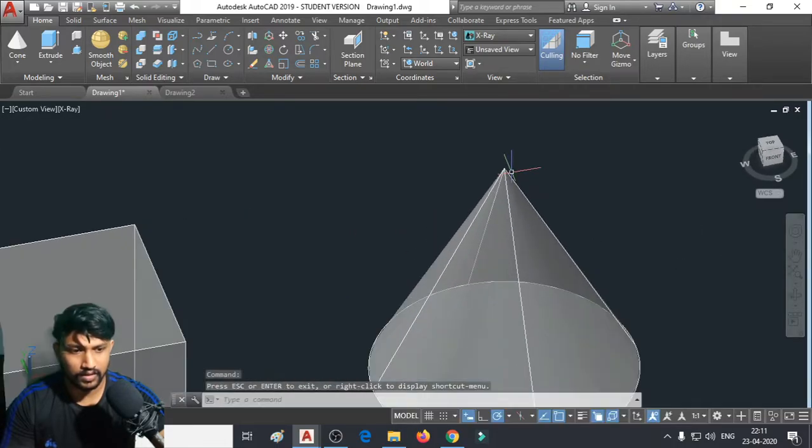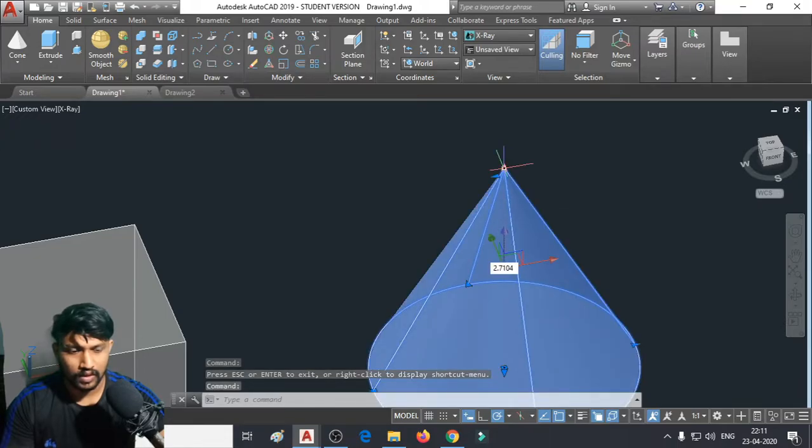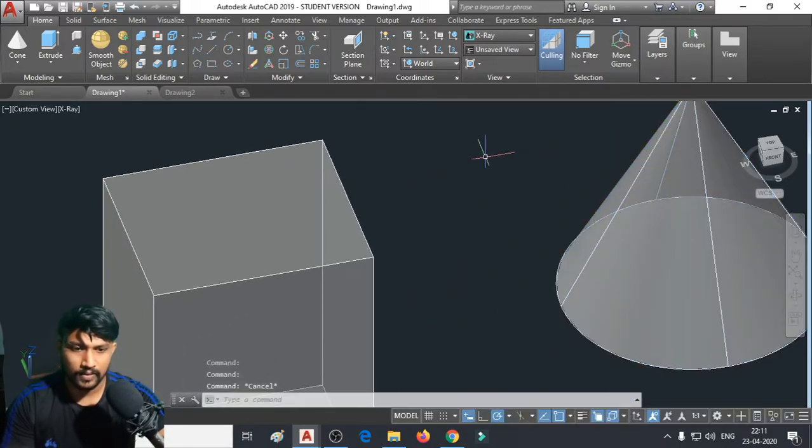Let me take a different view. Can you see this orange line? That orange line is known as the axis line.